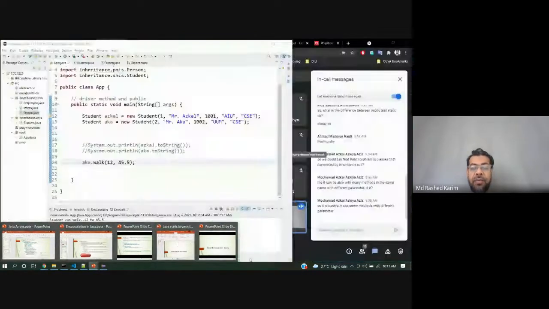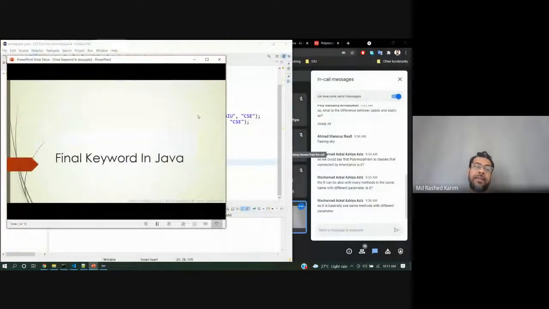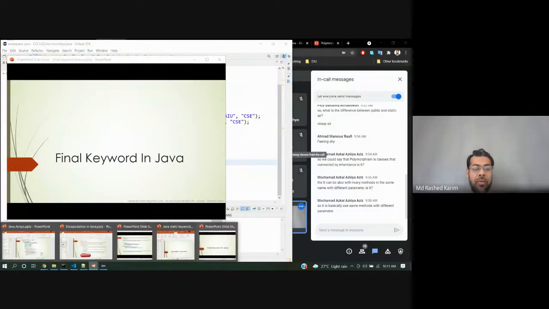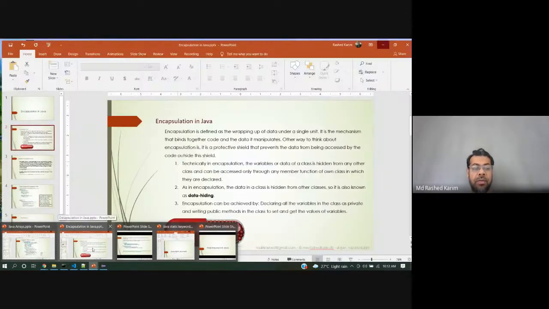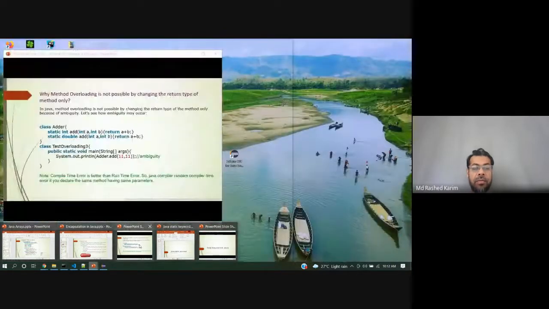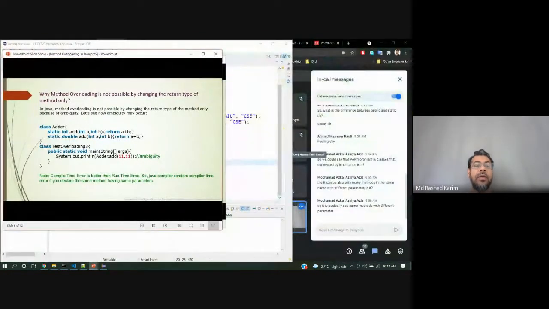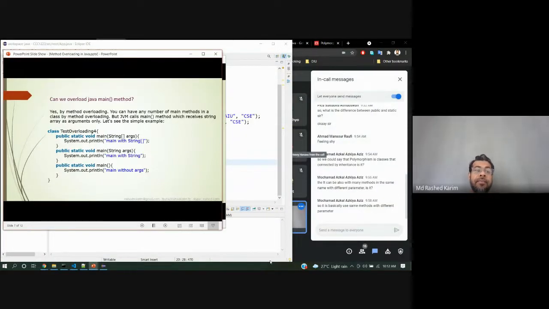Let's continue. Okay, this one. No, not this one. Where is my method overloading? It's a nice question. Can we overload main methods?